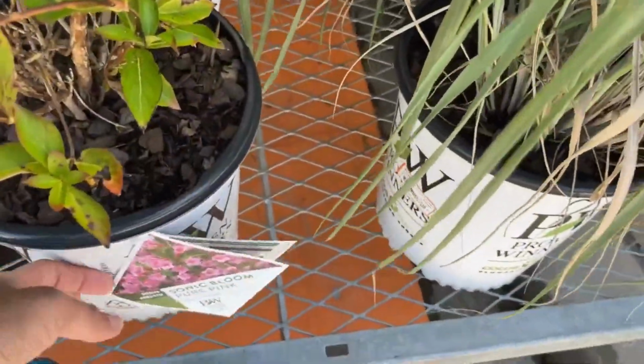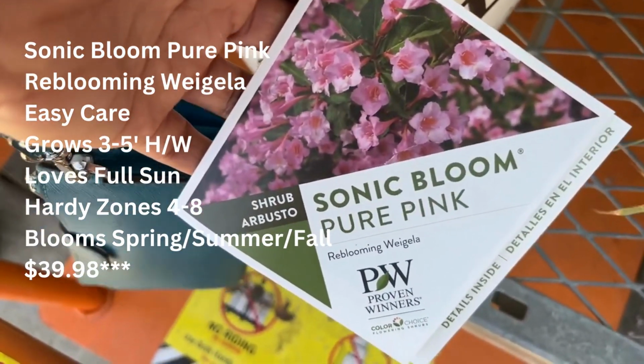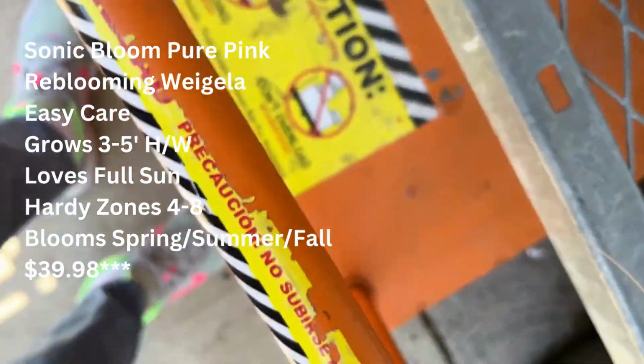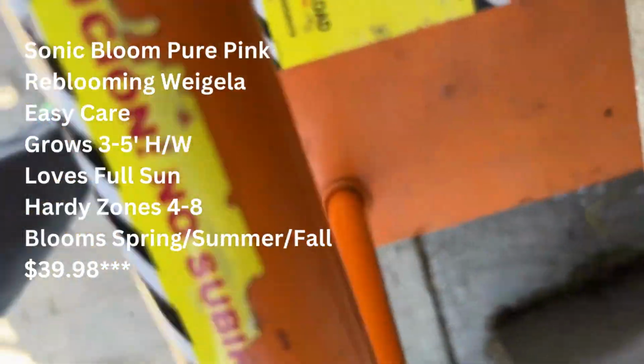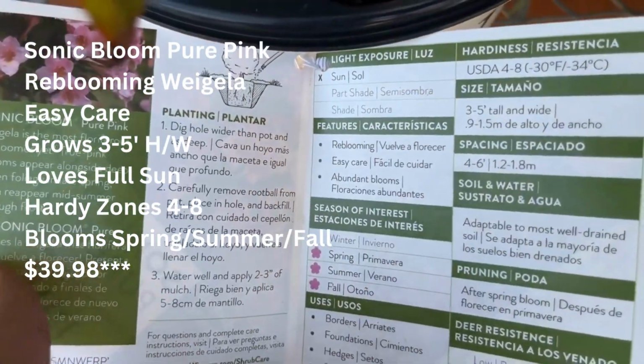Alrighty, up next we have the Sonic Bloom Pure Pink. This is a Reblooming Weigela. It is easy care. It grows 3 to 5 feet tall and wide. It loves full sun. It is hardy from zones 4 through 8. It will bloom spring, summer, and fall, and it's